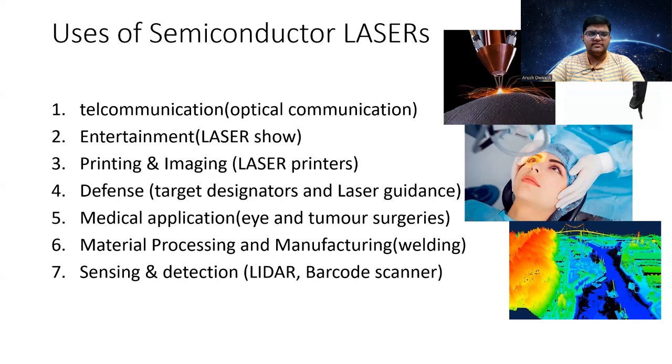At last, we have sensing and detection. LiDAR is just like a radar, but instead of radio waves, it uses lasers, and as you can see here, it can measure topography and many things like the ocean seabed, and it can be really helpful for different kinds of sensing and detection. Next, we have barcode scanners, which help us in daily life for fast and simple registration in markets or anywhere,